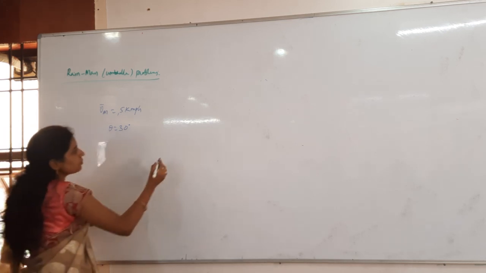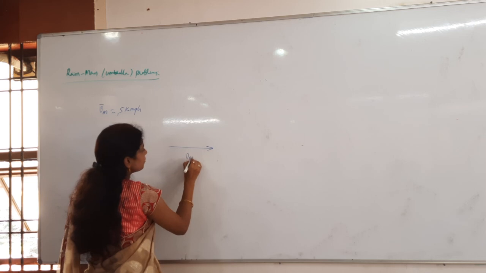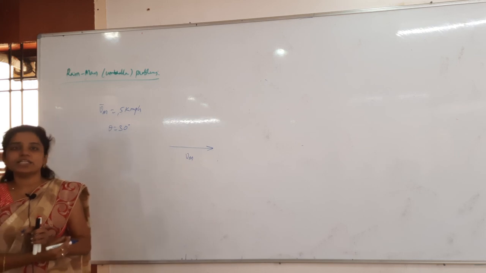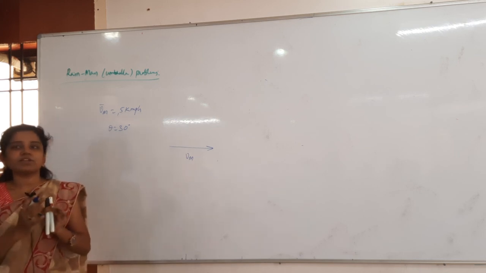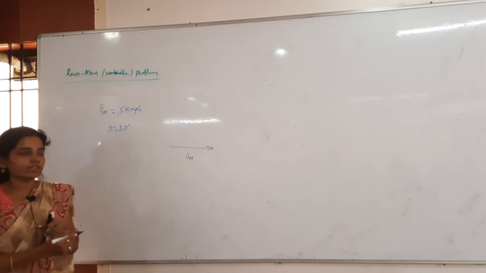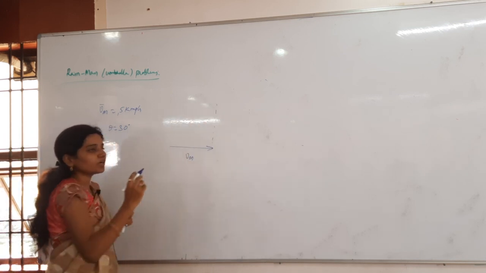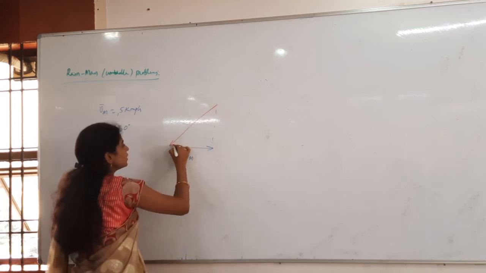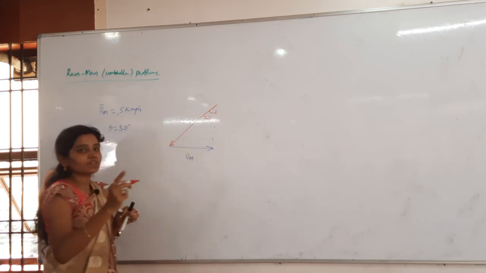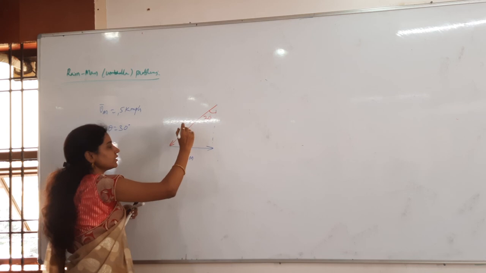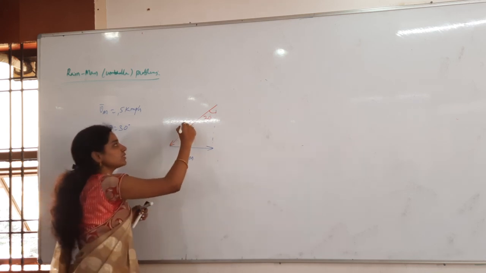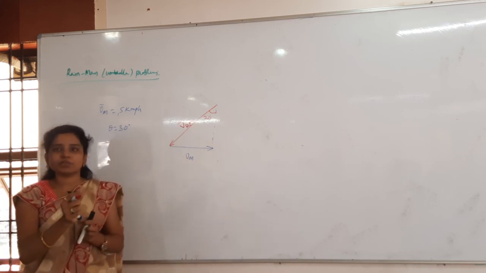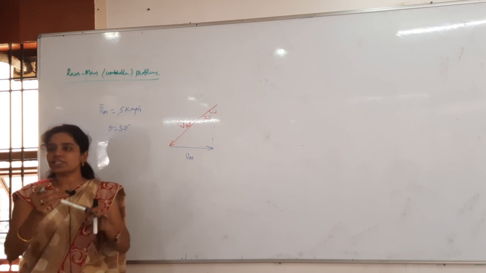Listen to this one. The man is moving on a horizontal road. Then what is he feeling? He is feeling that rain is hitting him at 30 degrees with vertical. Generally rain will fall in which direction? Always downward, right? So the rain will fall in the downward direction. But he is feeling that the raindrops are hitting him at what angle? 30 degrees with vertical. They mentioned that clearly. He is feeling the relative velocity of the rain with respect to man. Relative motion only, no? So that is why he is feeling that rain is hitting him.